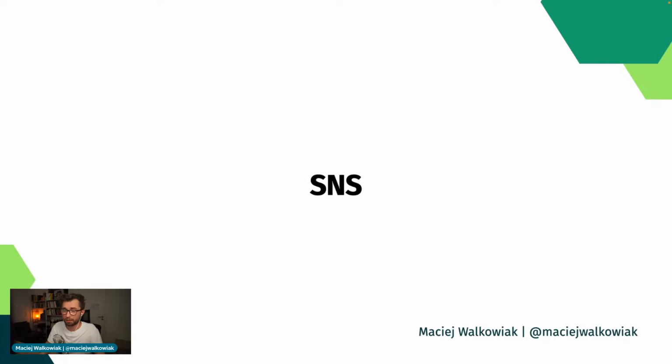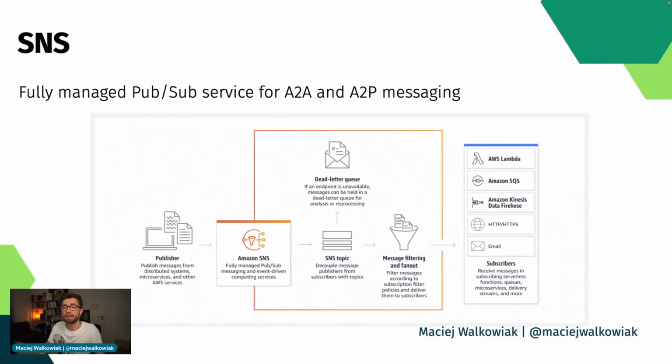Another service that I would like to talk about is SNS. SNS is a managed pub/sub service for application-to-application and also mobile messaging. So the basic idea is that you create a topic on the AWS side, and different components can subscribe to this topic. It can be AWS Lambda, it can be an SQS queue, it can also be an HTTP endpoint. And then the application can publish a message to a topic, and then it will be automatically distributed to anyone